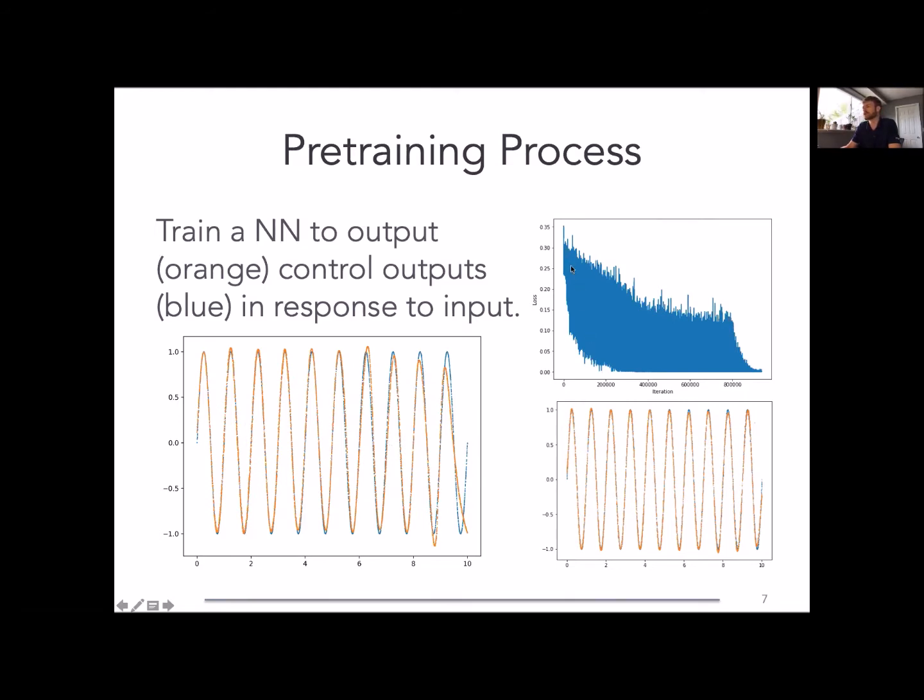So you can see the result of the training process, a fairly standard loss plot here. Over the iterations, we see loss start to decrease, and by the end of training in a successful pre-training process, we see that loss almost go to zero, in fact. Now, keep in mind, for clarity's sake, I'm only showing one plot here. So this is one desired motor output. The quadruped animal actually has 3 joints on each leg and then 2 spine joints. So the neural controller has many of these plots combined together to come up with this score.